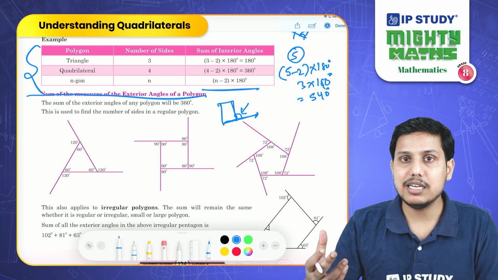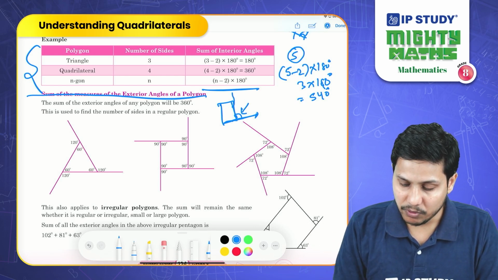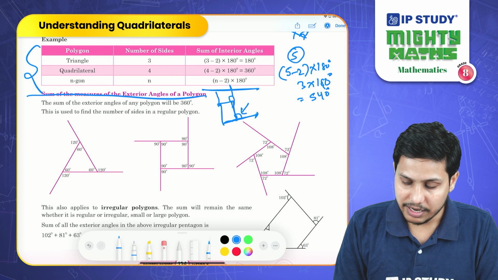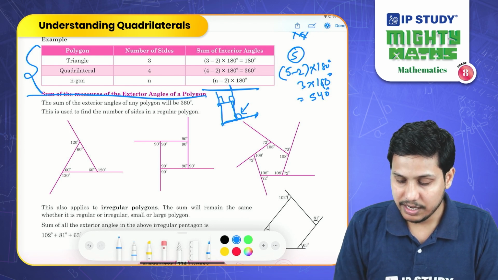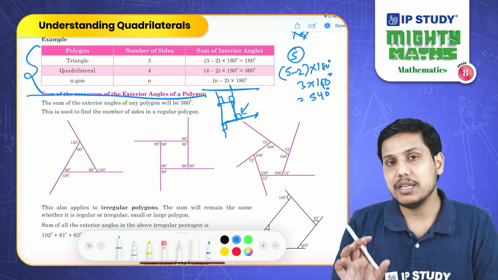If there are 3 sides in a polygon, then there are 3 interior angles and 3 exterior angles. Yes, so 4 exterior angles will look like this. If we extend here, it will be this. If we extend here, it will be this. But you have to remember that